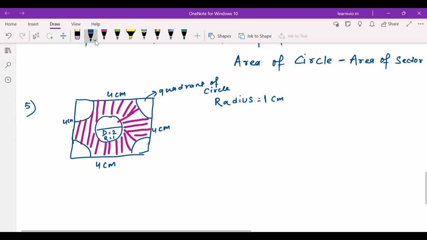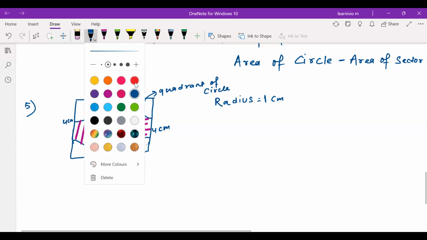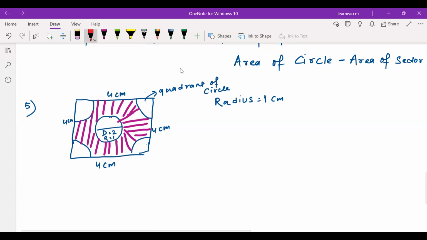Yes, ma'am. Yeah. So the area of the shaded part is equal to, let's write it, area of shaded part